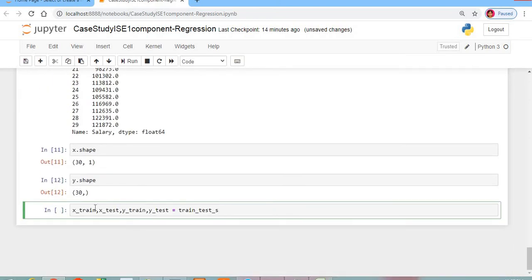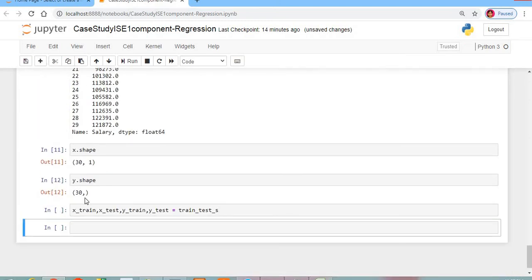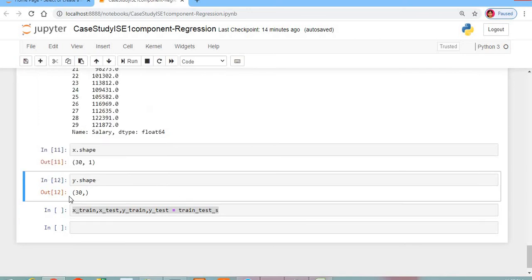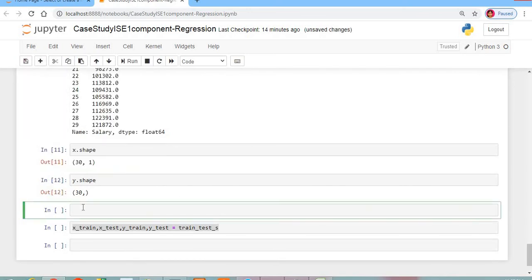See, one more thing: before performing this operation we need to import the train test split library, right? So from where to import this? From sklearn. That's why the tab was not working over here. So from sklearn dot model underscore selection import train test split.